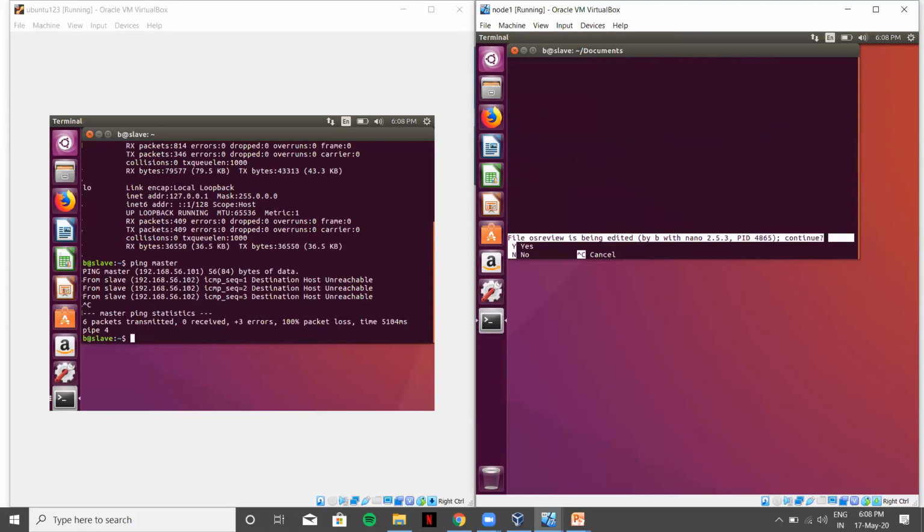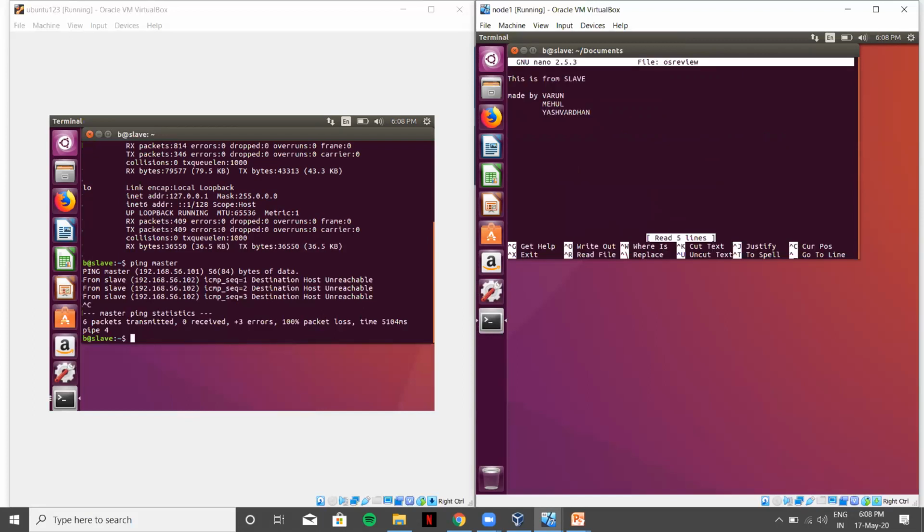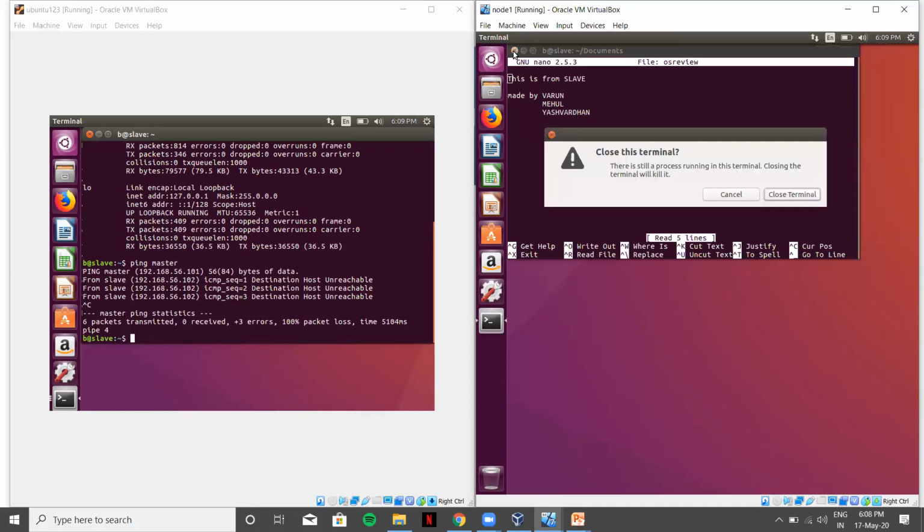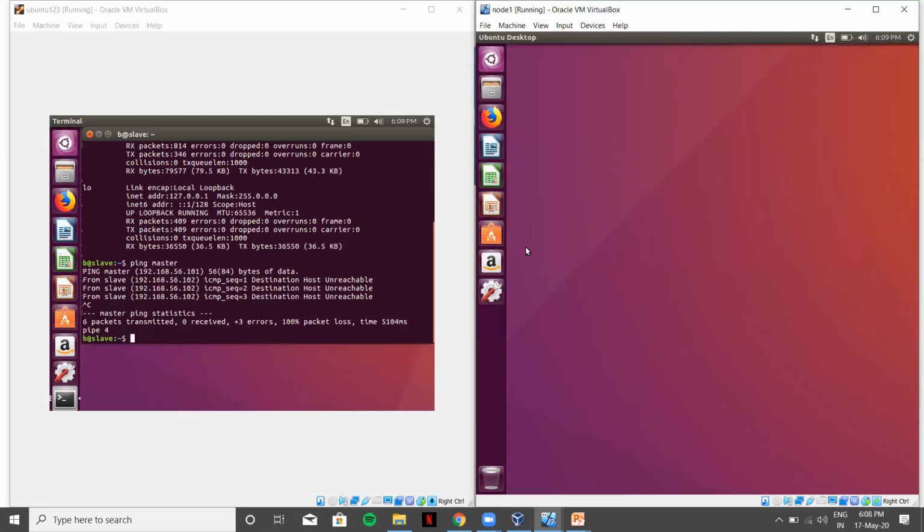Now he's trying to open a document that is present in the slave computer, and he's able to retrieve it from the master computer. Hence we can see that the secure transfer is being taken from the slave to the master. Hence we are able to easily connect both master and slave. This is it.